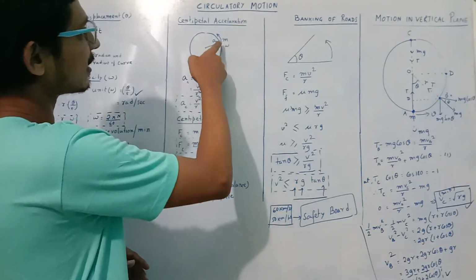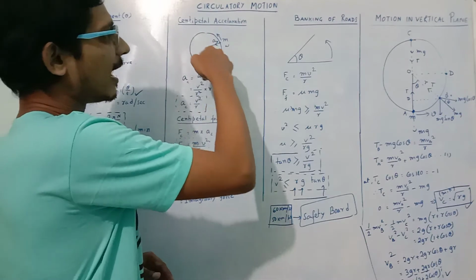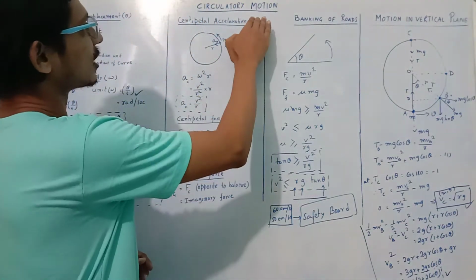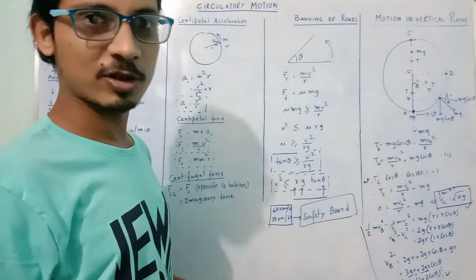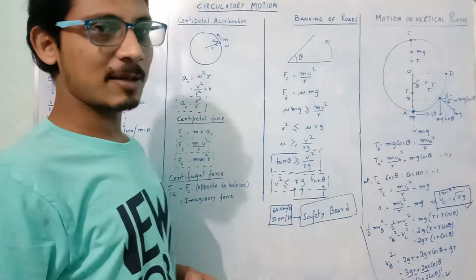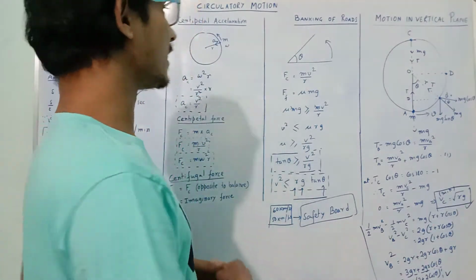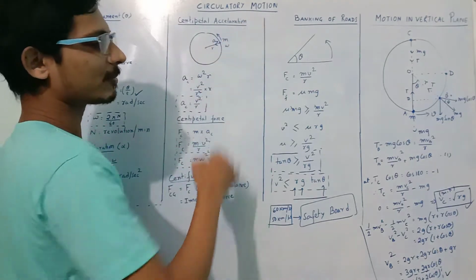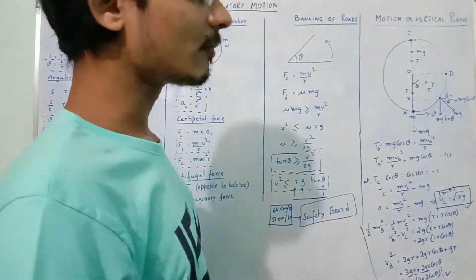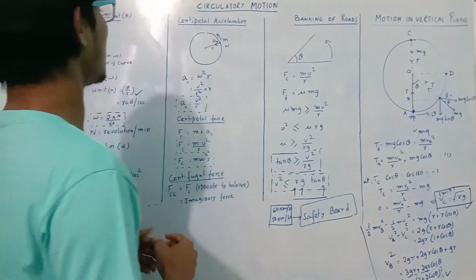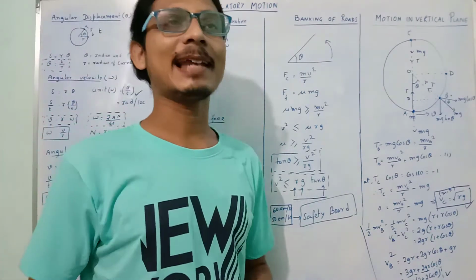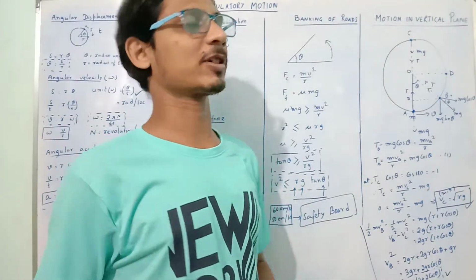When an object rotates along the circumference of a circle, its motion is called circular motion. Now, as we have terms like displacement, velocity, and acceleration in linear motion, here